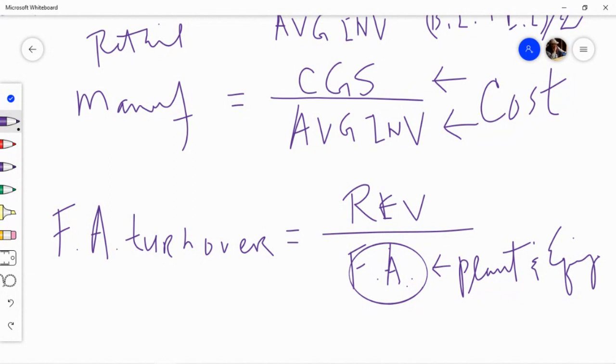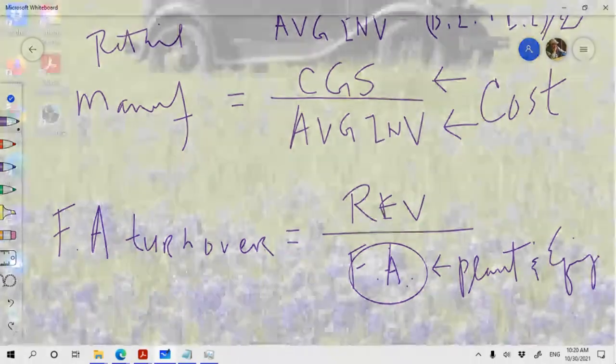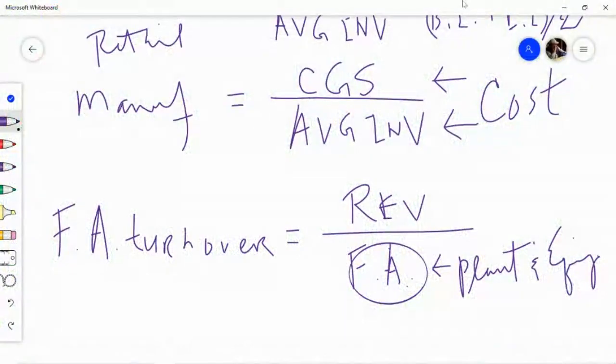It would only be some office equipment like computers, fax machines, telephone, file cabinet. Isn't that right? What other fixed assets would a retailer have? Right? So the retailers also can calculate their fixed assets turnover ratio, but